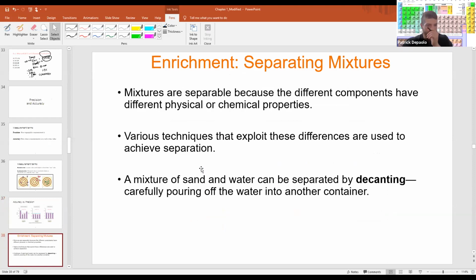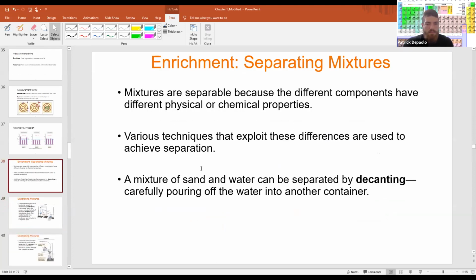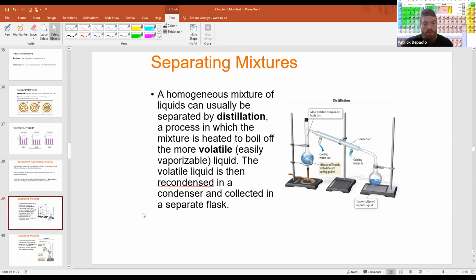Okay, so separating, we'll go through it. This gets to your question before, I forgot who asked it, but can heterogeneous mixtures be separated? And the answer is yes. I think mostly everything can be separated. There are different physical and chemical techniques to separate. A physical technique would be